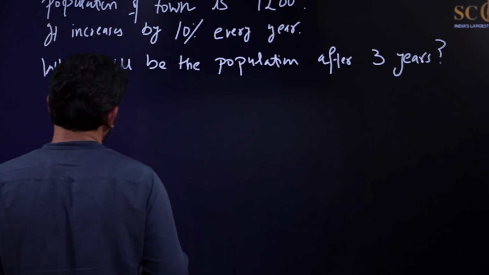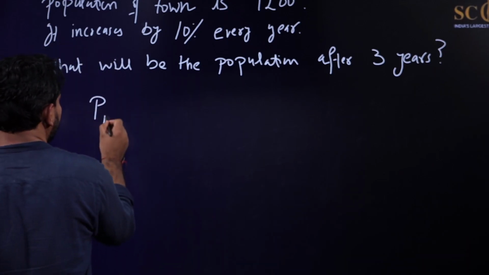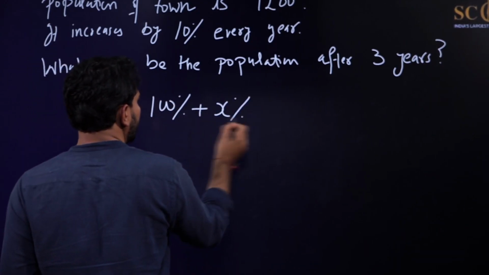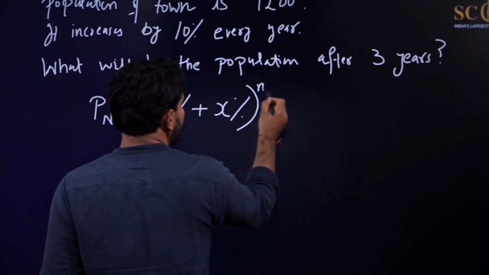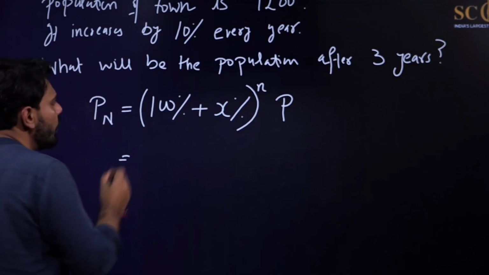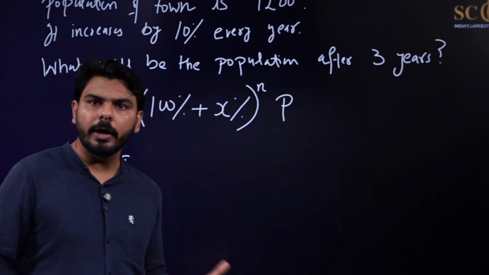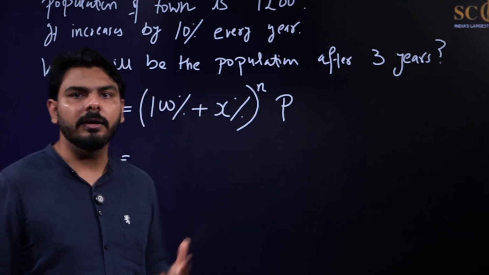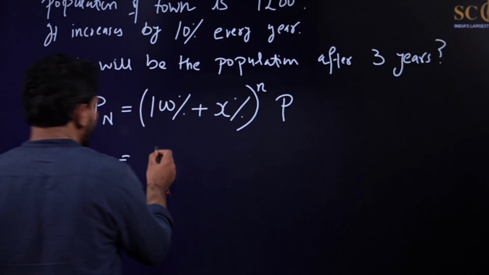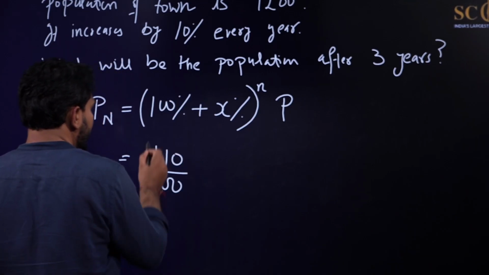Now we already know the formula for the population after n years. So the new population is 100% plus X%, raised to the power n, of the old or current population. In this case, we already know that the population is increasing by 10%. So 100% plus 10% is how much? You can do it in your mind. It will be 110%. So 110% can be written as 110 by 100 raised to the power